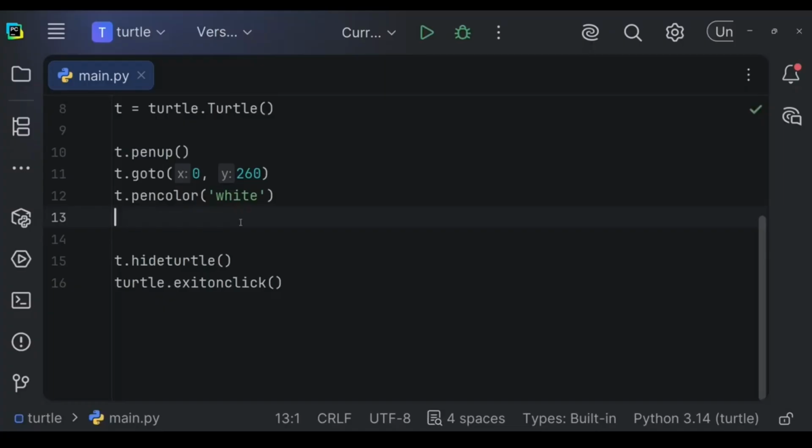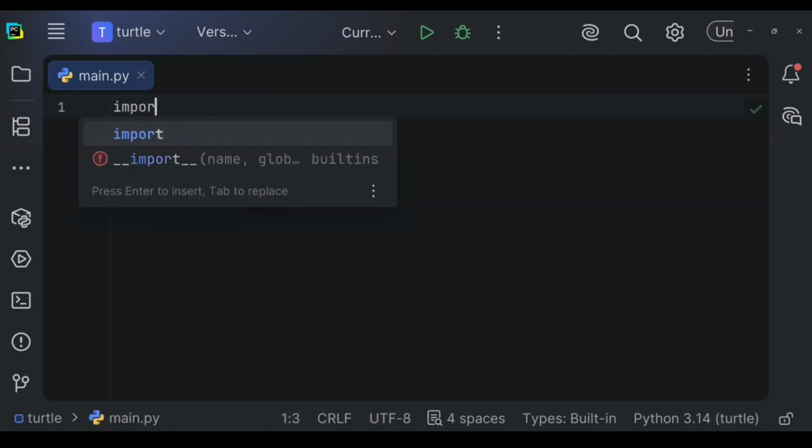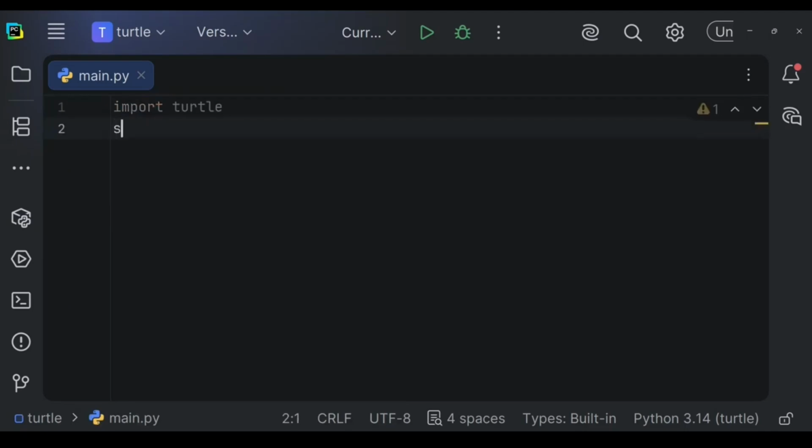Functions do exist in Python natively, and you might know the syntax to different functions, but I'll briefly go through functions for now. So at the very beginning, I want to delete everything. I just want to import turtle. I want to create a screen, which is basically just